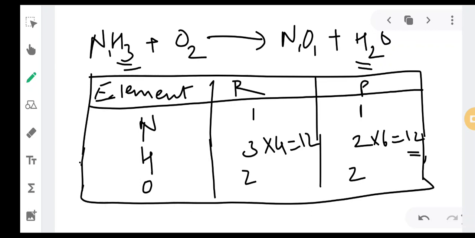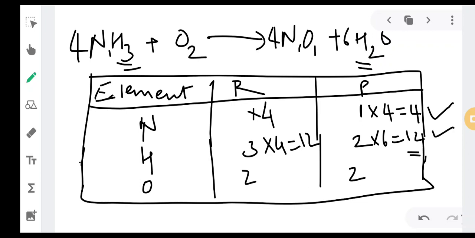Now you will multiply this NH3 with 4 and this H2O with 6. So hydrogen has become 12 in numbers, oxygen has become 6 in numbers. Nitrogen has become 4 in numbers, and over here nitrogen is only 1 in number. For hydrogen it is balanced. Now you have to balance nitrogen, so on the left hand side you will multiply it with 4, and this will become 4 in number. So nitrogen is balanced, hydrogen is balanced.